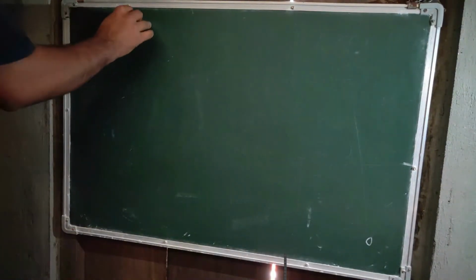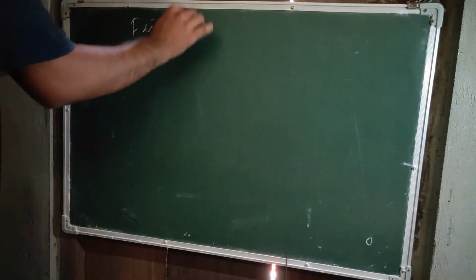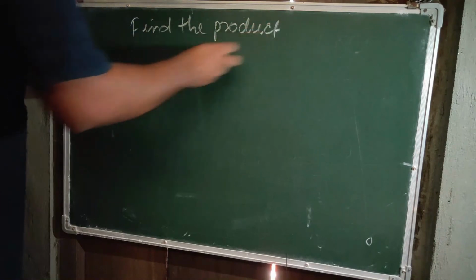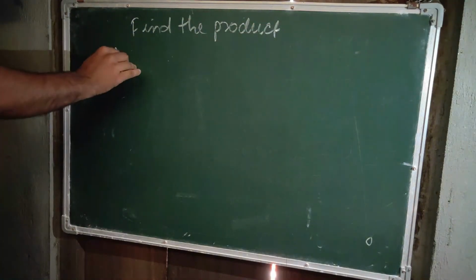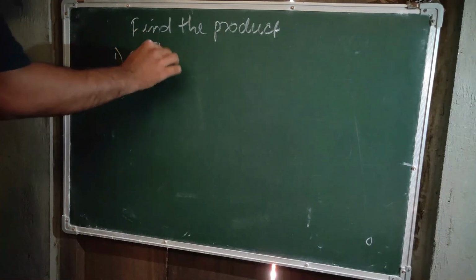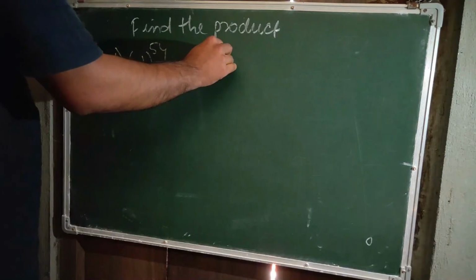So our last question is find the product. So our question, A number: -1 to the power 54. Ultimately we will get what? 1. B number: